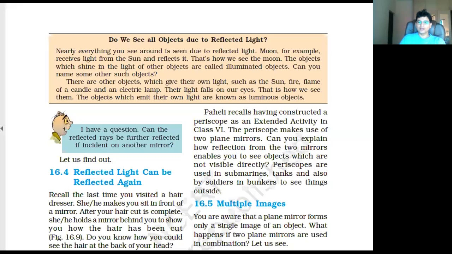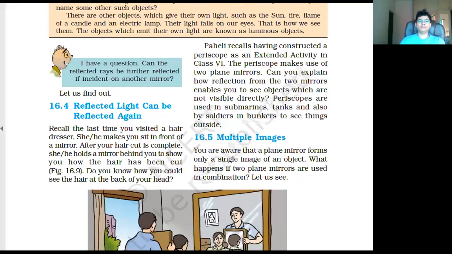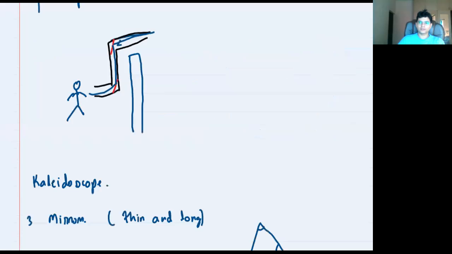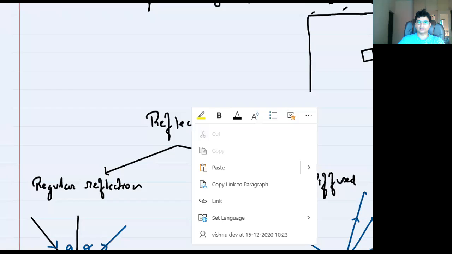Okay. Now after that we talked about what? We talked about types of mirrors. So tell me, what are the different types of mirrors that we have studied? I hope all of you remember. We have studied two types of mirrors, right? Plane mirrors and spherical mirrors. There are different types of mirror also, but we have studied plane and spherical. Very good.